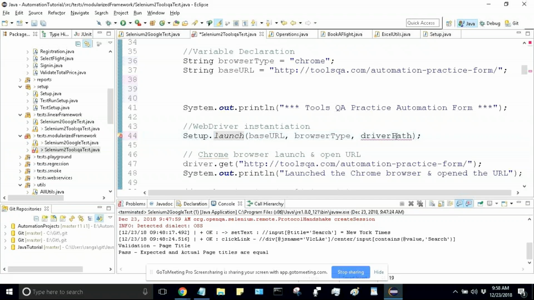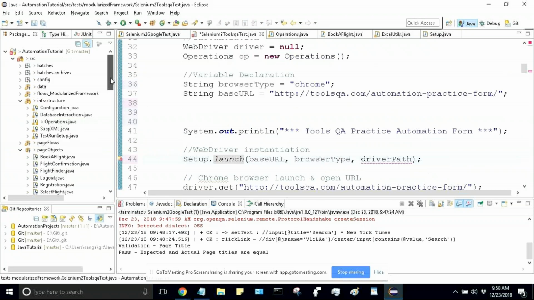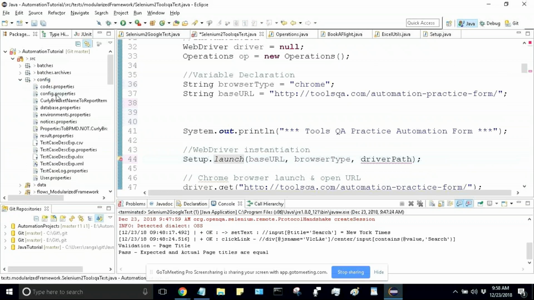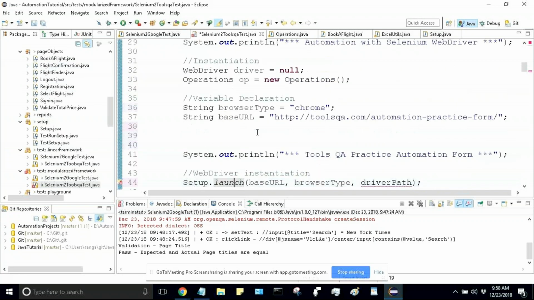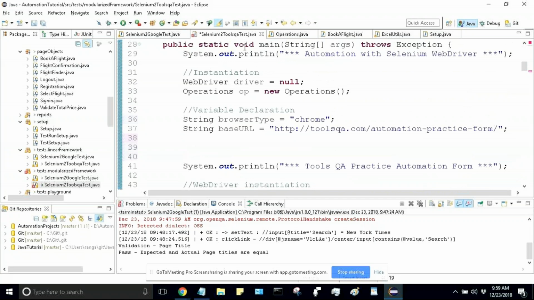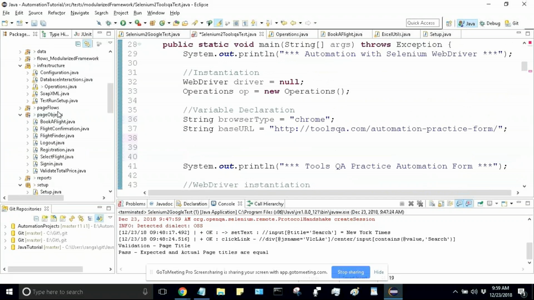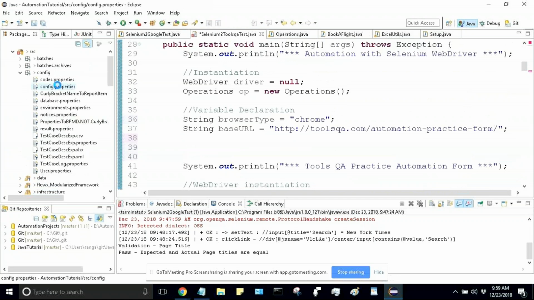So all the paths must be in either configuration or constants. Okay, so I created configuration, which we'll also use later on. For the configuration file, we have to know the property utilities, how to read the properties and everything. So that's why I didn't use it right away, but I created